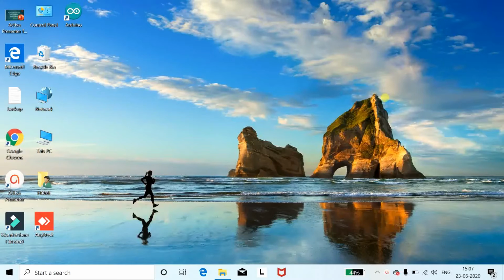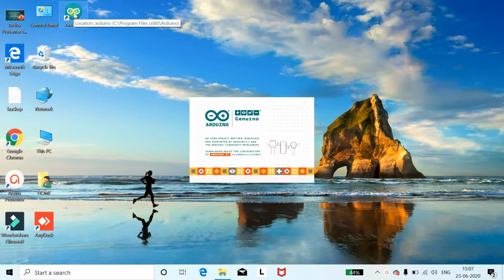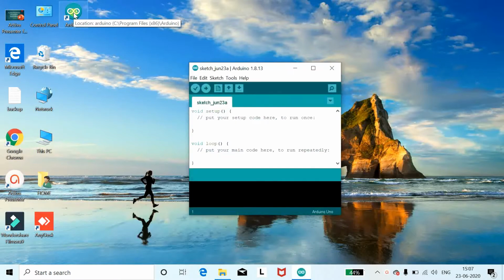Actual programming on Arduino. Okay, so for this you are at my screen of desktop. Make your Arduino on. As we have seen how to install Arduino, after that this Arduino shortcut came on your desktop. Just open Arduino IDE. Once you open your Arduino IDE, this screen will be present in front of you.